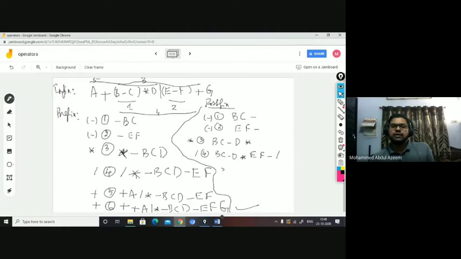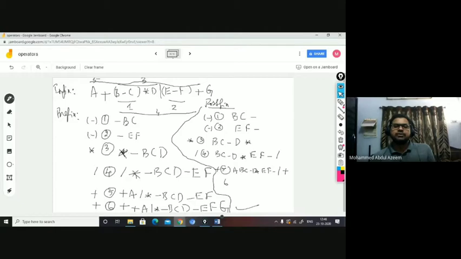In step 5, what is step 5? You have the plus operation. How do you represent the plus operation here? This plus is going to be done on the left operand A. Then what is the right operand? The right operand is the entire step 4. What is step 4? You have B C minus D into E F minus by, and on this you perform the plus.